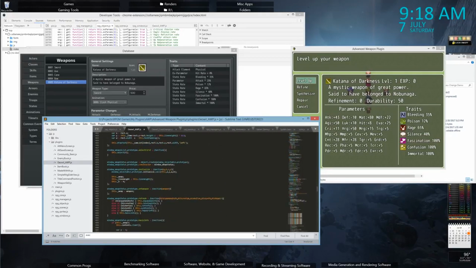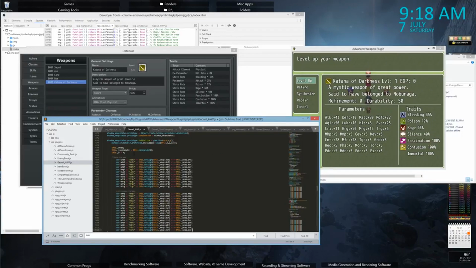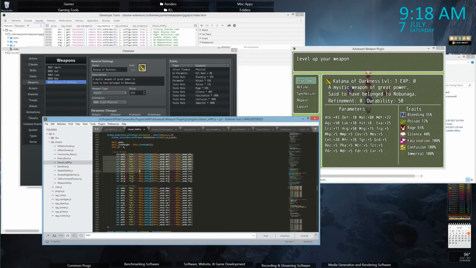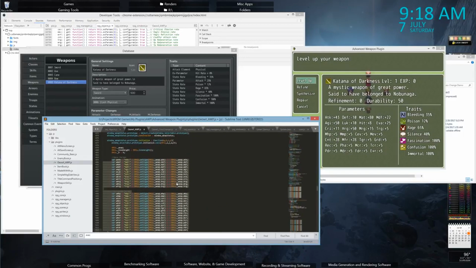Where is weapon stat initialize? Here we go. So, first of all,